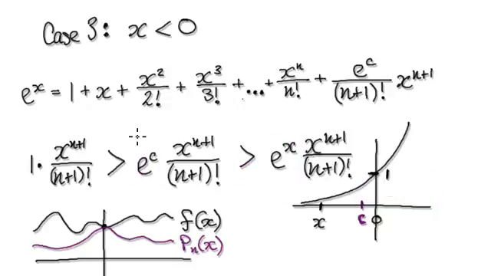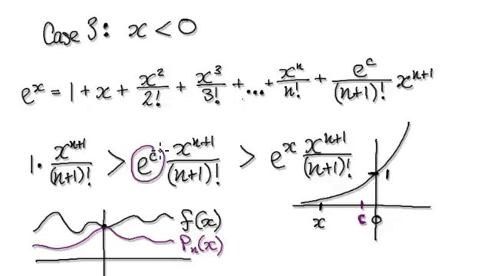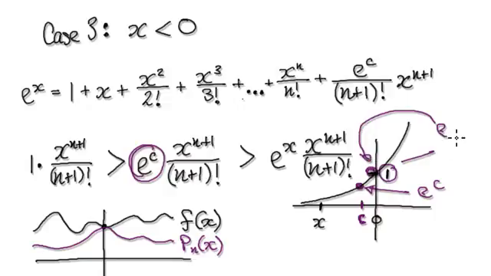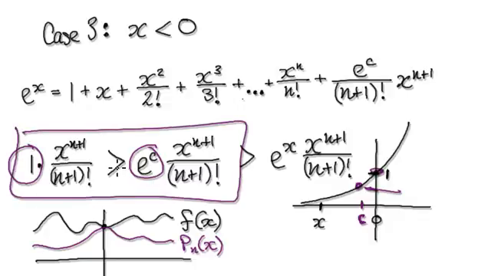But as it turns out, this thing here is useless. The reason why I'm doing this is just to give you an idea of what's going on. What we need to be looking at is we need to compare e to the power c, which is this bit here. e to the power c is going to be less than e to the power 0. You see, this point here is e to the power 0. So e to the power 0 is 1. So e to the power c is right here. e to the power c would be less than e to the power 0, would be less than 1. So you can make this statement, but as it turns out, this statement is not true